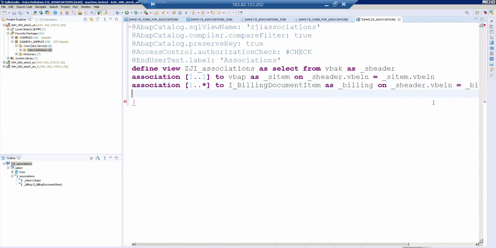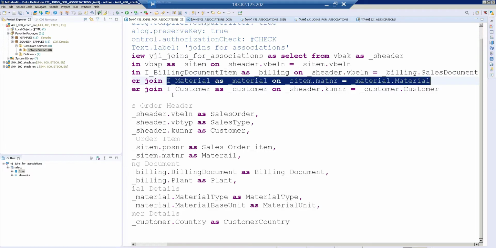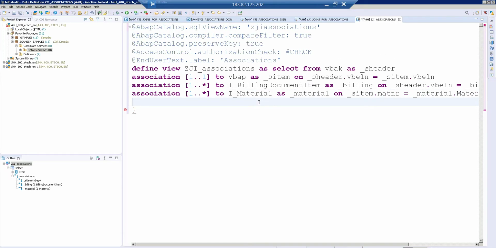And my another association for material, star 2. Let me copy from here. Okay, let me go with material. And finally for customer,